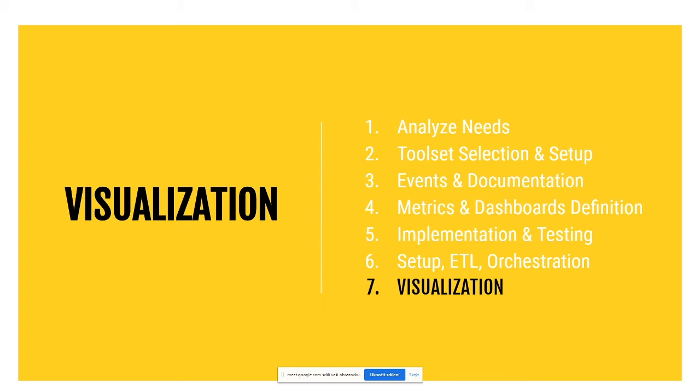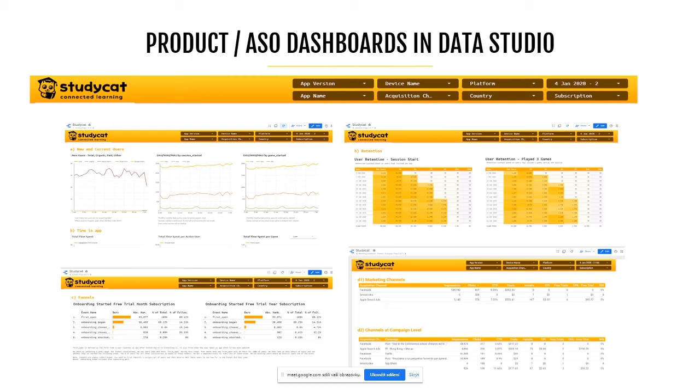And the last step of the whole process, visualization. We mentioned that we're using Data Studio, so here are just a couple of examples of how the, quote unquote, finished product looks. The data has been scrambled, so it's not really from the clients. It's really used to demonstrate how that can look. So for example,